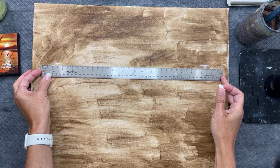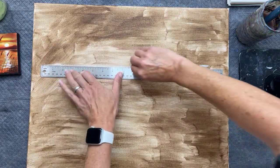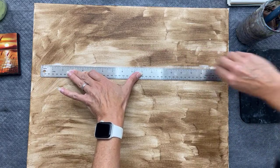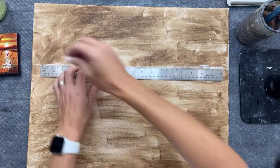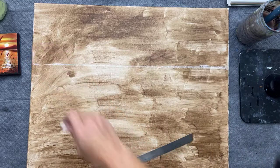Okay, so I'm going to give it a little bit of space for my chalk, and then just zip it across. Okay, so now you've got your straight horizon line,